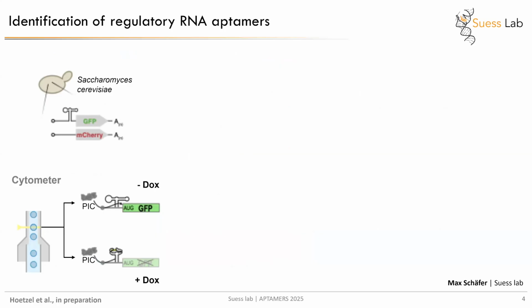So we performed in vivo screening, and we do this mostly in yeast. So we have a yeast plasmid where we clone our enriched pool into, and then the sequences are located in front of GFP, and we have mCherry as a normalizer. And we measured those yeast then in a cytometer, and what we see is that those regulatory active aptamers work